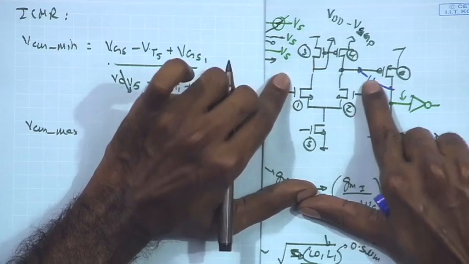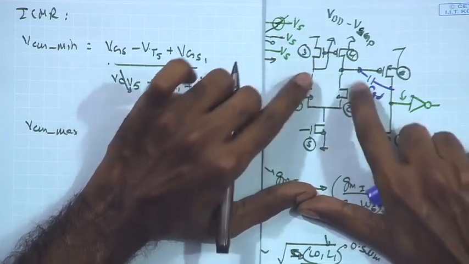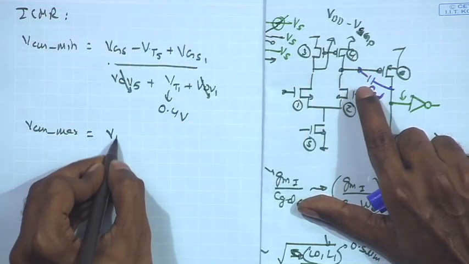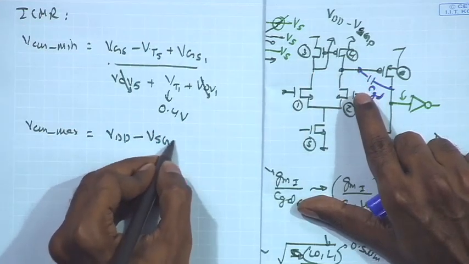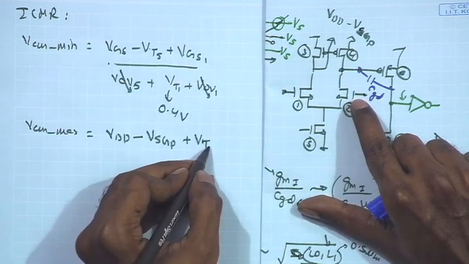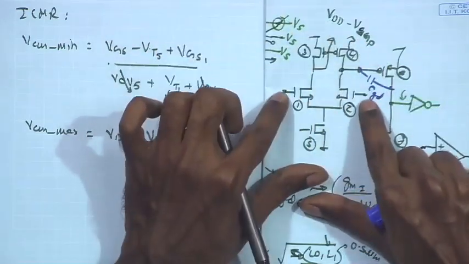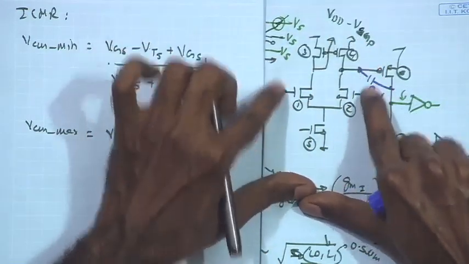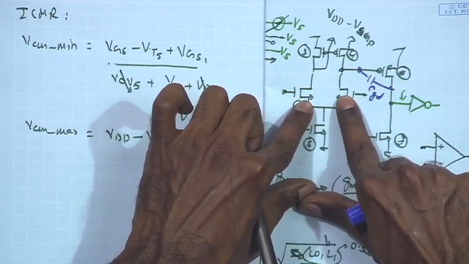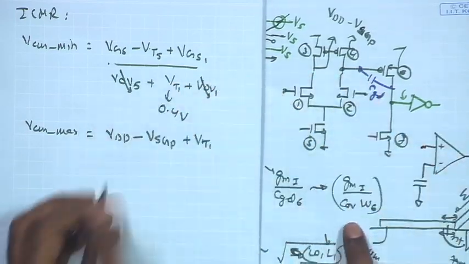And as a result, the maximum potential you can have at the gate of M1 and M2 while keeping these two in saturation is going to be VDD minus VSGP plus mod VT, plus VTN or VT1 or VT2. Because remember, if this potential is clamped to VDD minus VSG and you are trying to increase these two gate voltages, ultimately these two transistors will enter into triode when the gate potential crosses the drain plus VT. So, once again